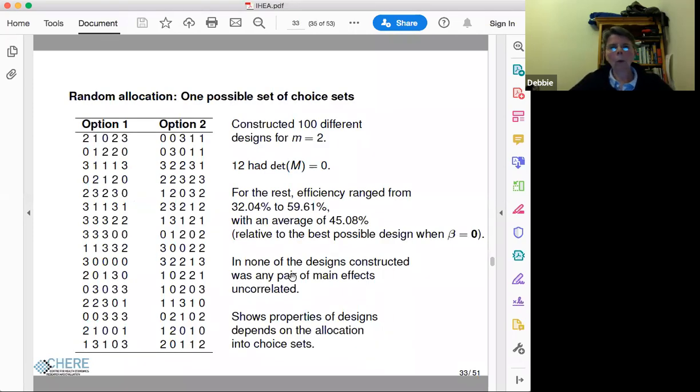And what we've done is to take that and construct 100 different designs for m equals 2 by randomly pairing options from this orthogonal array. On 12 occasions, that design had a determinant of M equal to 0, and so we wouldn't have been able to estimate all of the effects. For the rest of the designs, we calculated what the best possible design is with beta equal to 0, and the efficiency of the designs ranged from 32% to just under 60%. The average efficiency of these 88 designs was about 45%, and none of the designs